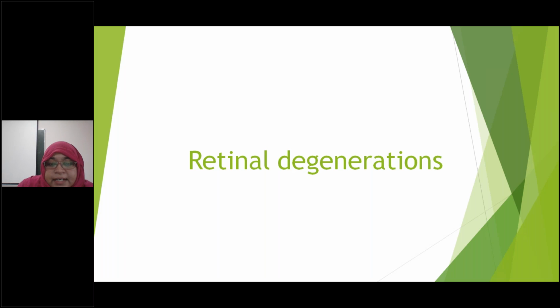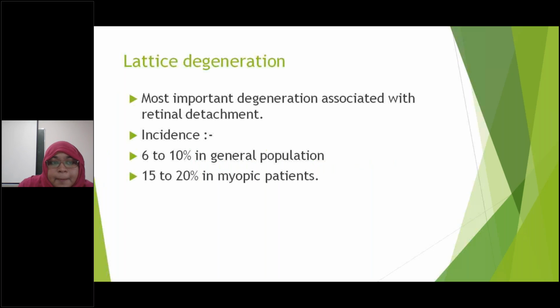Then the next one is retinal degenerations. The first one is lattice degeneration. It is the most important degeneration associated with retinal detachment. Incidence is 6 to 10% in the general population and 15 to 20% in myopic patients. This means myopic patients usually have more lattice degeneration, mainly those with high power,